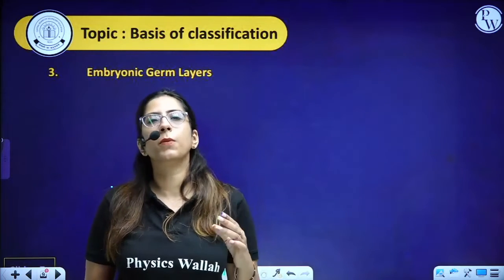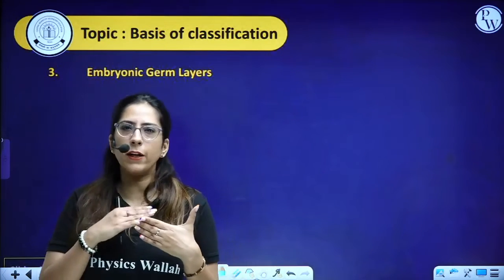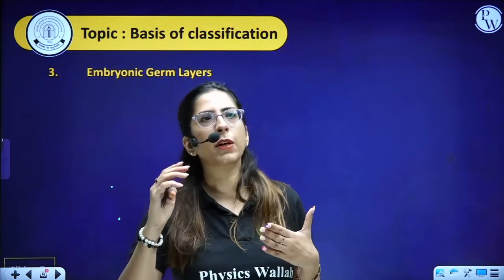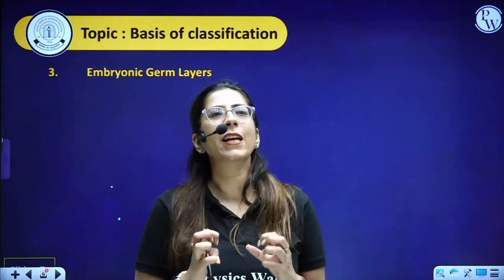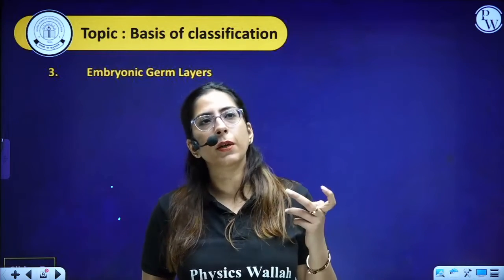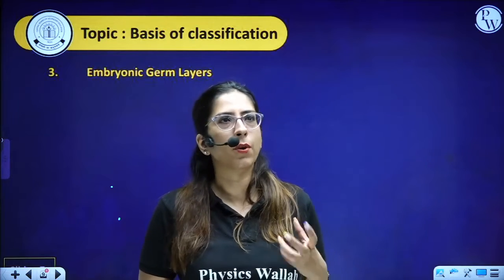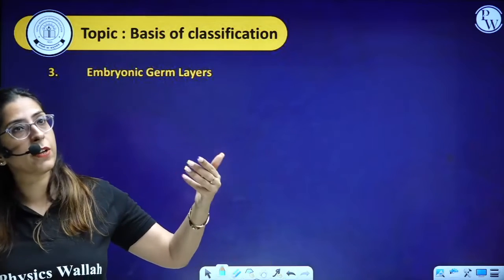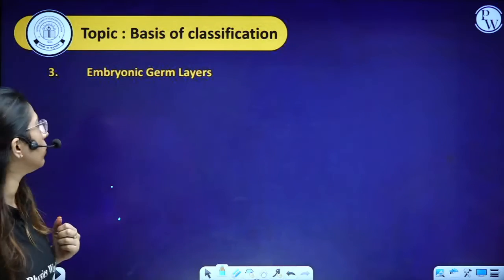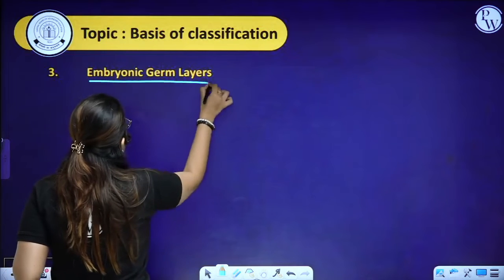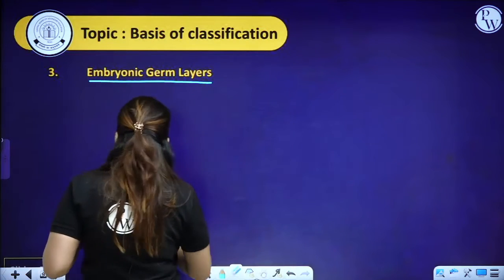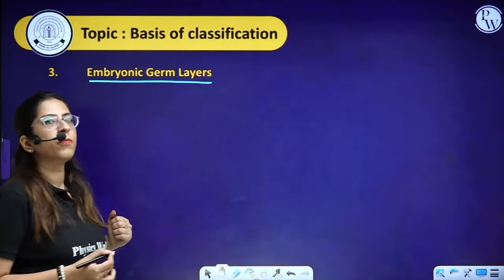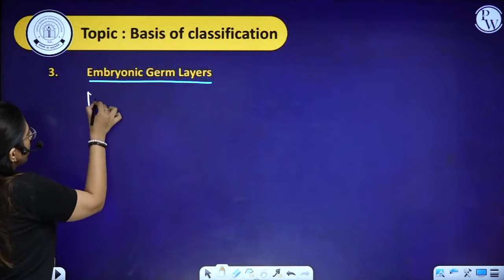Now these 3 germ layers, in case of us, they are the ectoderm, endoderm and the mesoderm. Ectoderm is present towards the outer side, mesoderm is present in between, and the endoderm will be present towards the inner side of the body. These 3 germ layers form the different structures of the body. Now there are organisms where only 2 germ layers are there. There are organisms where the 3 germ layers are there. So we are talking about those embryonic germ layers. Clear?